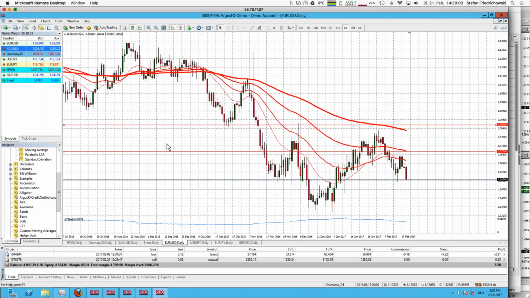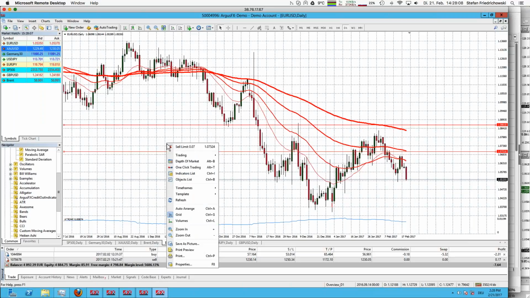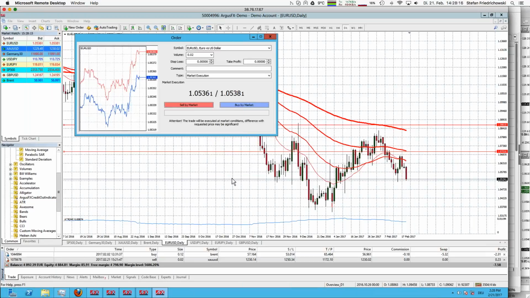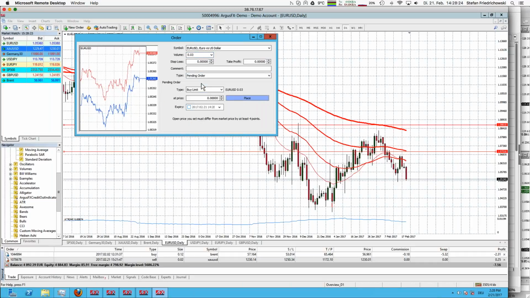But now we remember that it is a pending order. So that pending order needs to be placed a little bit differently from what we practiced previously. So position size 0.03, but now not market execution. Now it's a pending order, and the specific type we use here is a so-called sell limit. Price has to go backwards, and then we want to go short. So that is already everything right. Now we can put in all the other numbers,